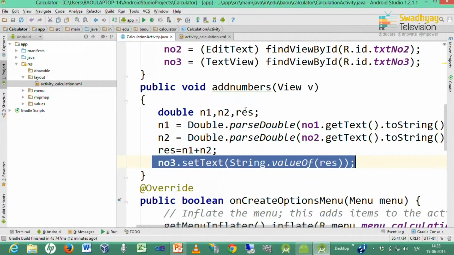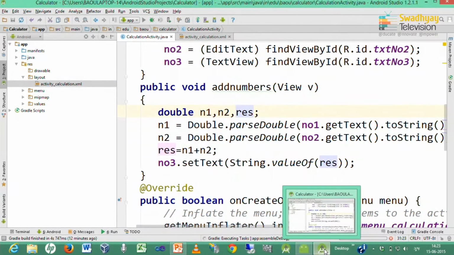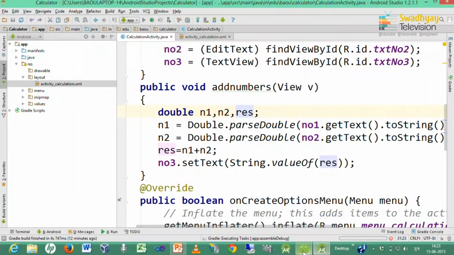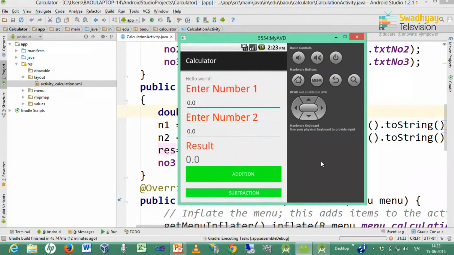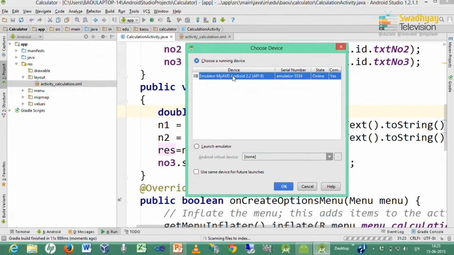Now, we want to check this method. So, again I run this and it will show our updated app in the emulator. So, let us wait, and you can see it asks whether you want to run the same application on the existing emulator.